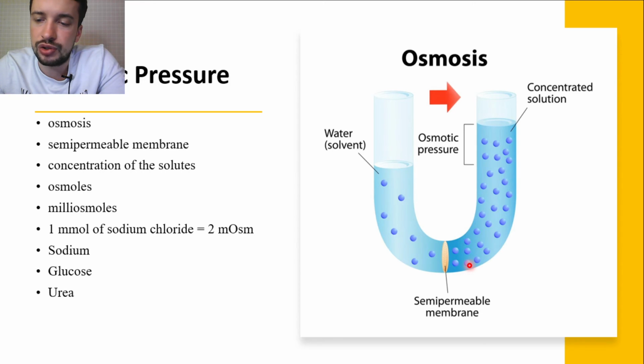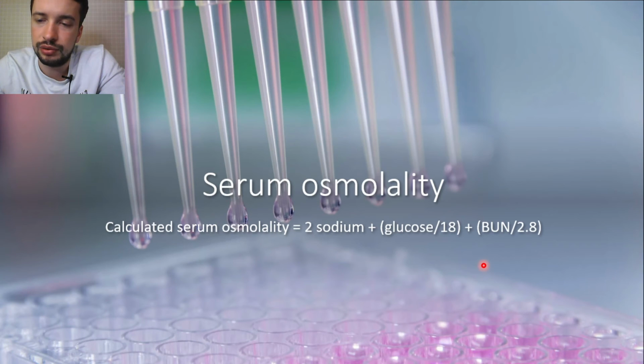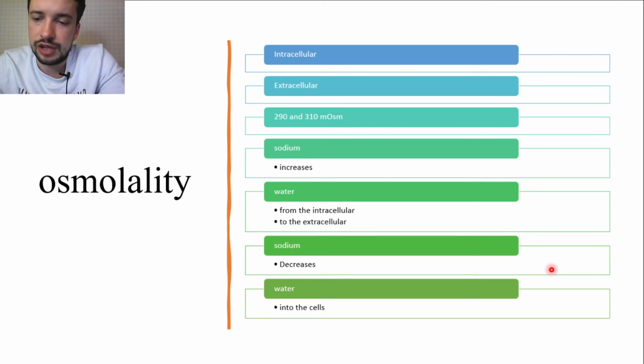The principal determinants of osmolarity are the concentrations of sodium, glucose, and urea, or blood urea nitrogen, BUN. Calculated serum osmolarity equals sodium times 2, plus glucose divided by 18, plus BUN divided by 2.8. The osmolarity of the intracellular and extracellular fluids is maintained between 290 and 310 milliosmoles in each